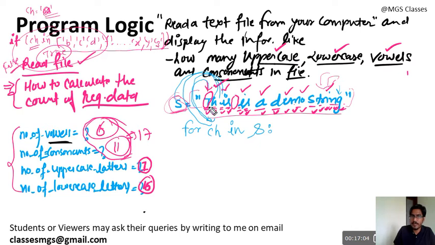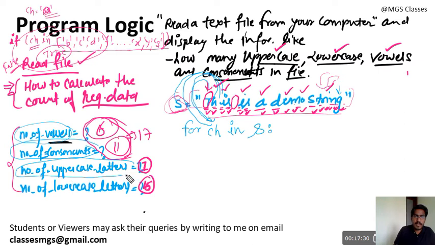Okay, so one time t will come in this h, and next time h will come, and so on. Remember that this space will also come at one time, so we are going to handle this also. So now we will need to create 4 variables. Let's suppose number of vowels, we have created one variable. Number of consonants, let's suppose we have created a second variable. Here we need to create at the top.